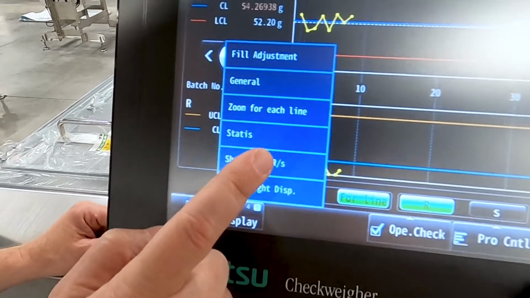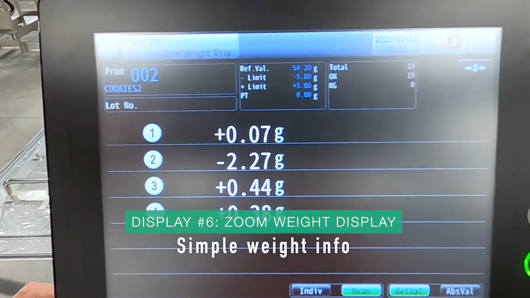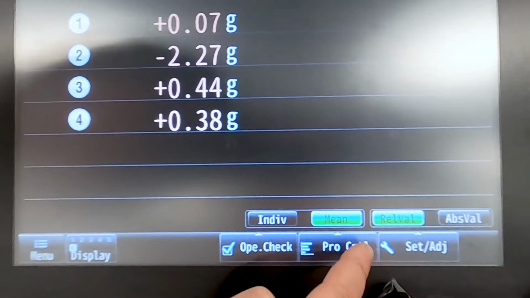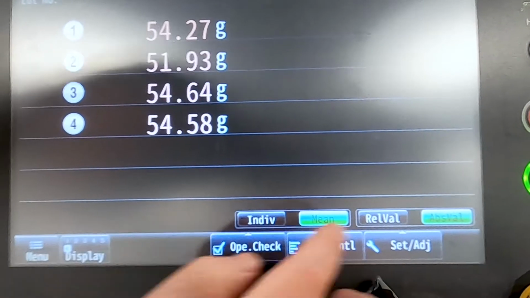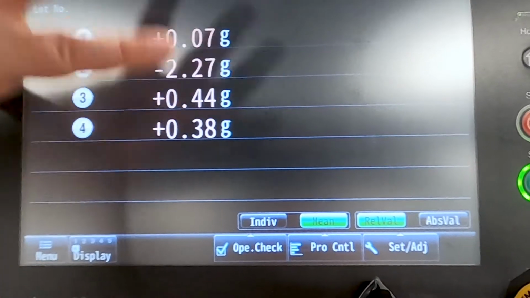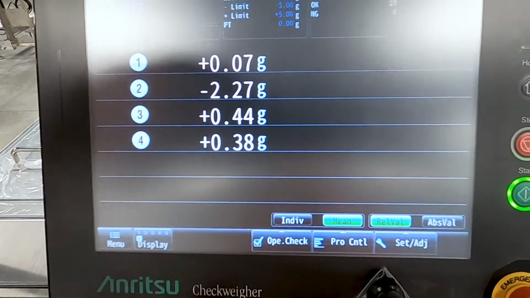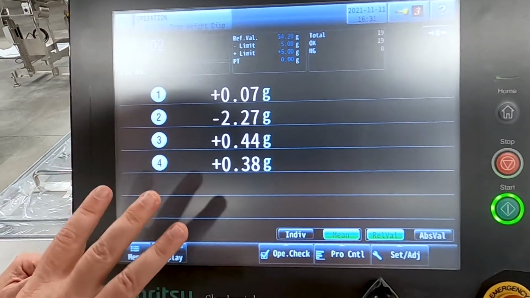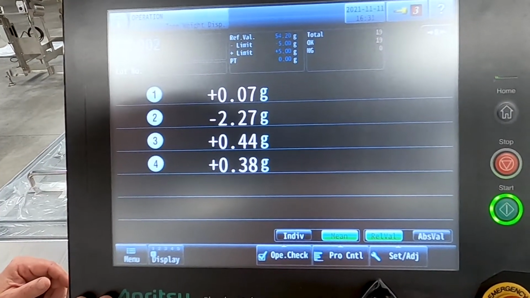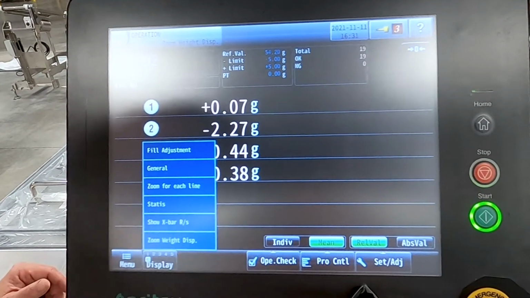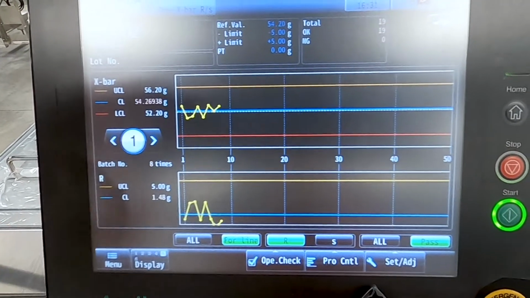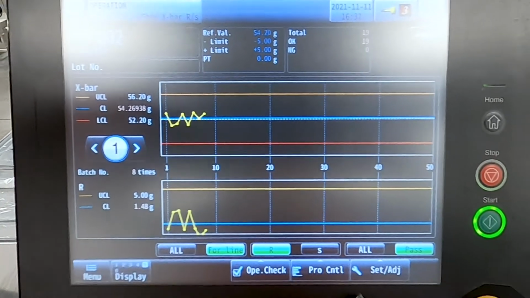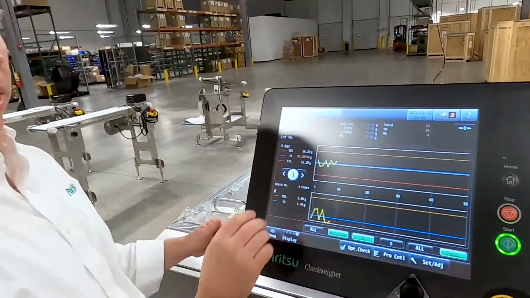And then the last one, this is really just showing the last weights that went by. Same thing, we can do the individual weights, we can do the means, we can do the relative values, or the absolute values, or the difference against the target. The multi-lane display is a little bit different, but it's really nice in that we can quickly see on any screen we like how we're trending on each lane. And if we want, you could have it up on this screen, and that'll give you a nice view that you can configure for whatever window you want. The last 5 minutes, the last 50 minutes, the last hour, 2 hours, with alarms.